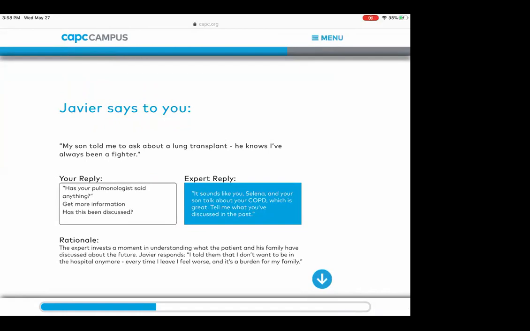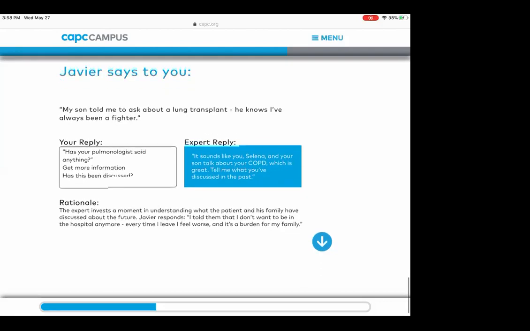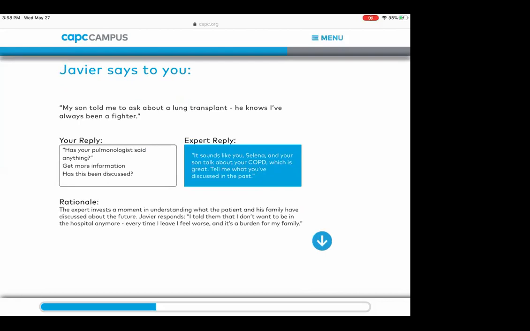So in this case, you're eliciting more information, not necessarily directly about what other physicians might have told him, but what the family's discussed. And I think that could lead into a discussion about what they've been told from other physicians, just to decide what the patient thinks about that. So he said, my son told me about this, but what do you think about it? So in this case, the rationale is, first you understand, you acknowledge what the patient is saying,